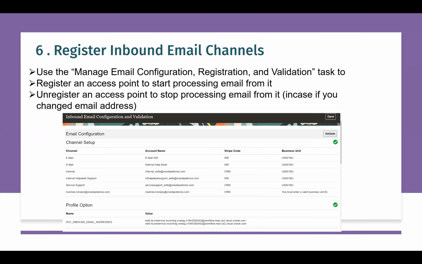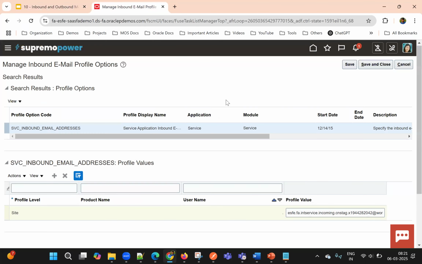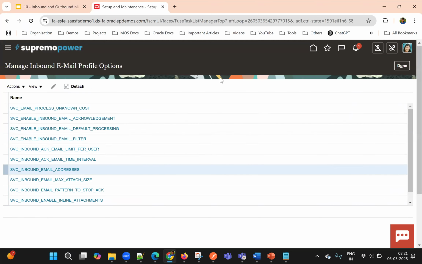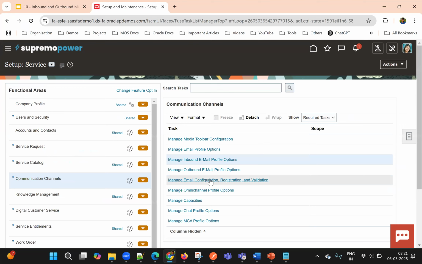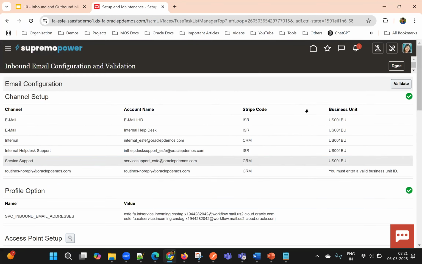After enabling or creating the email channel, we need to do one more additional setup. That is under the manage email configuration, registration, validation task. We need to register these access points. Let me show you directly here. If we go to the task called manage email configurations, registration, validations,